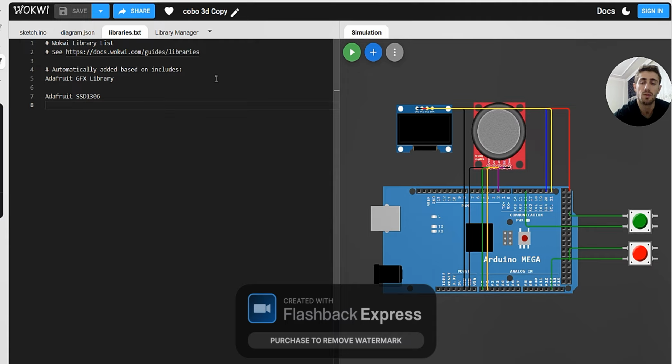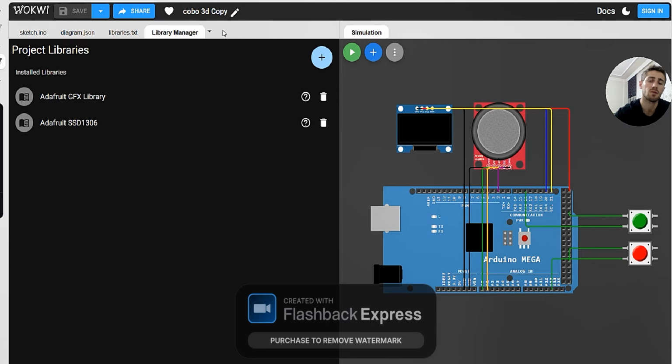This allows the project to run immediately without any manual configuration. And the library manager. If you are using the Arduino IDE instead of Wokwi, these libraries can be installed through the library manager.